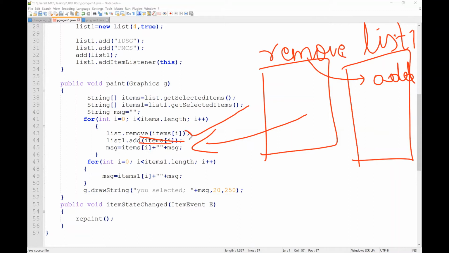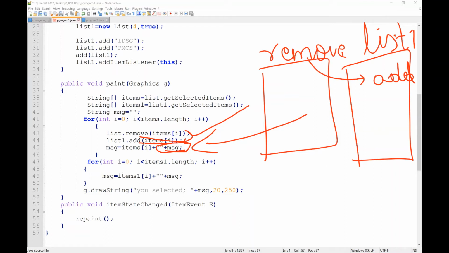Removed items will be added to our next list. Message is equal to items removed item, and this space will be our message. We add our message, or "You selected Java".